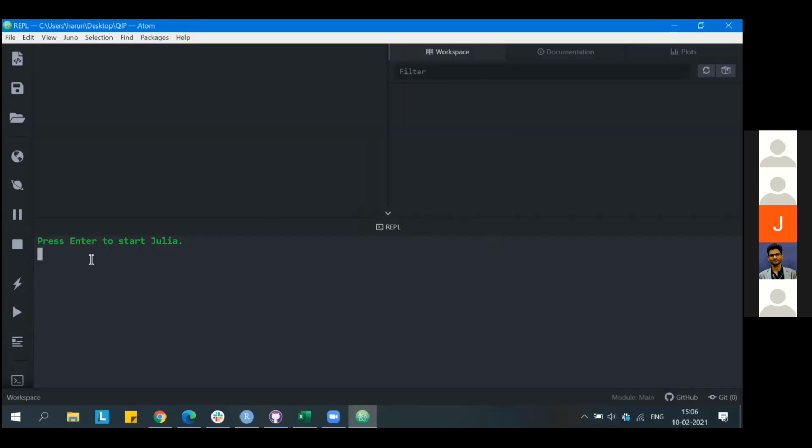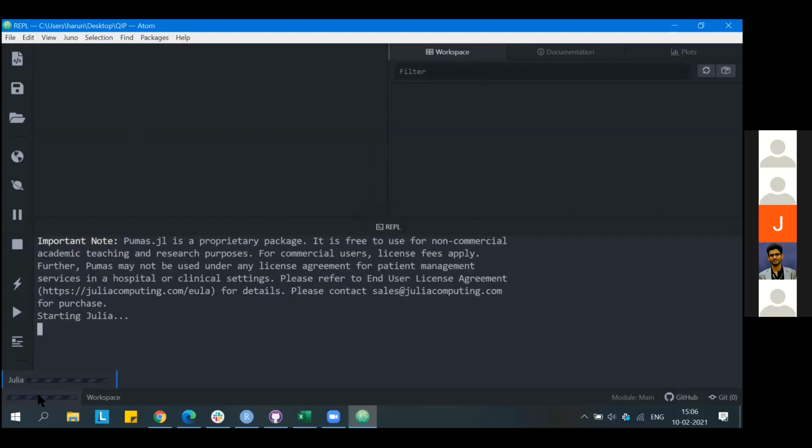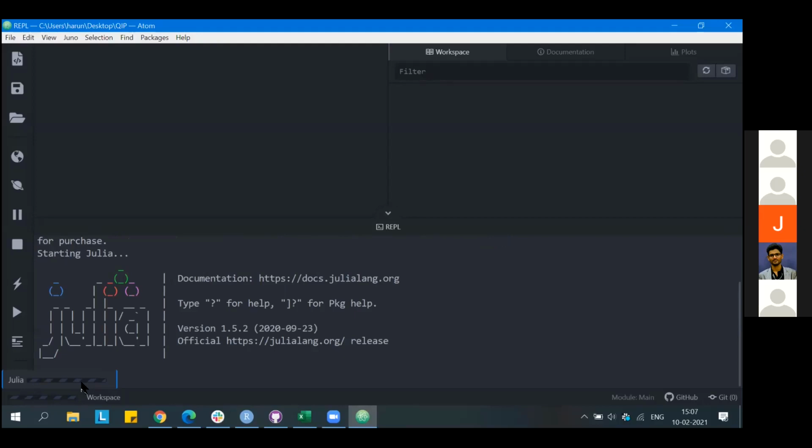The first step would be to just press enter. If your cursor is somewhere else, please make sure that you point your cursor to the REPL window and press enter. Once it is done, you can see stripes across this, which means the code or function is being executed. You can see it is still under execution. If stripes show, it is still under execution.